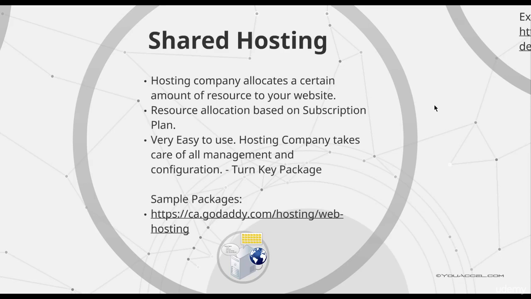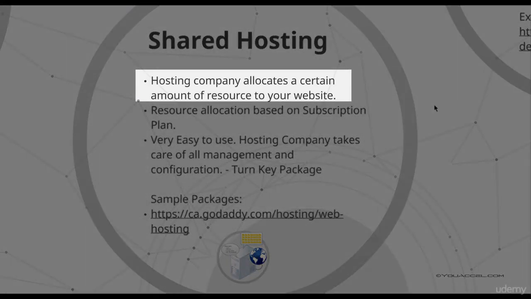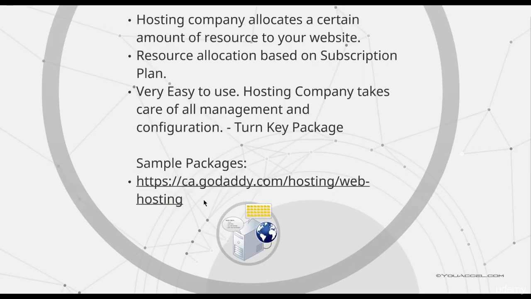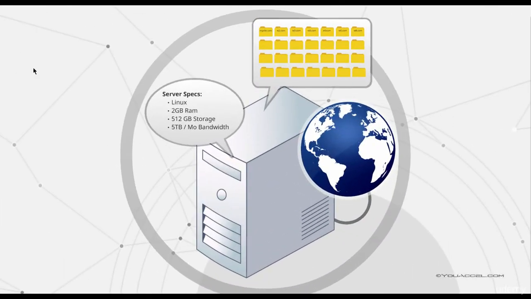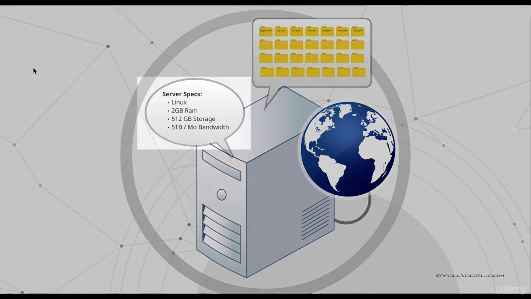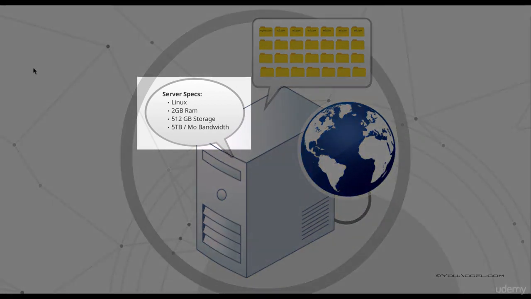With a shared hosting package, your host allocates a certain amount of resource to your website. This illustration shows us what this setup looks like. The server is configured with the Windows operating system. The entire server has a resource capacity of 2 gigabytes of RAM, 512 gigabytes of storage, and 5 terabytes of